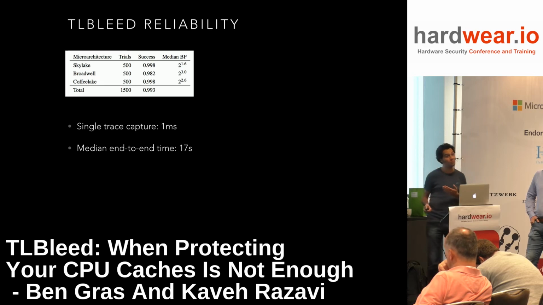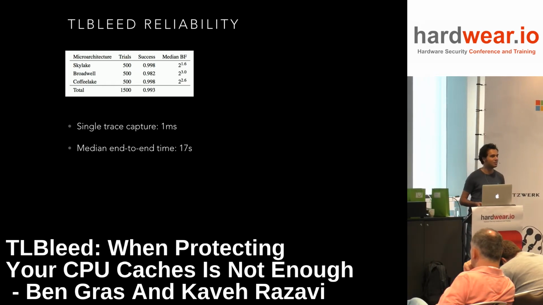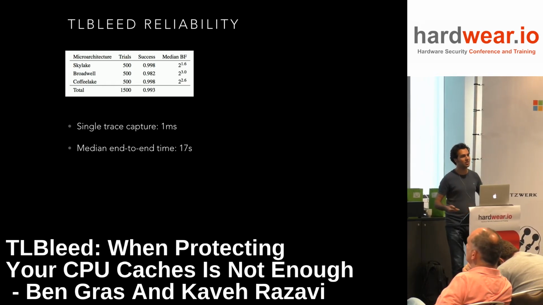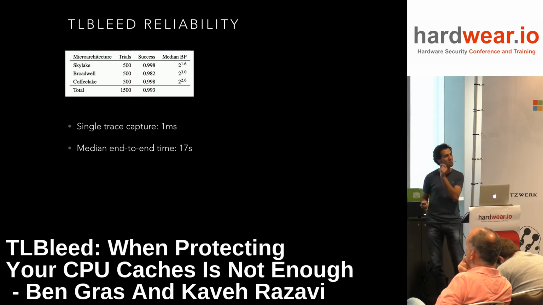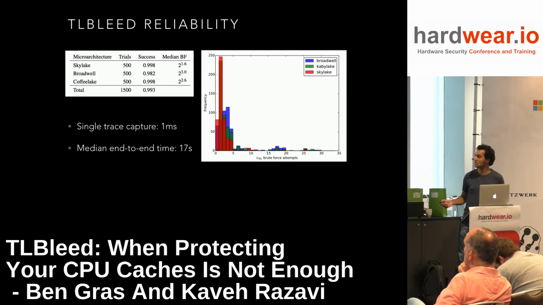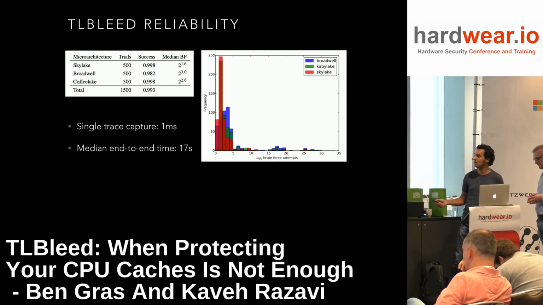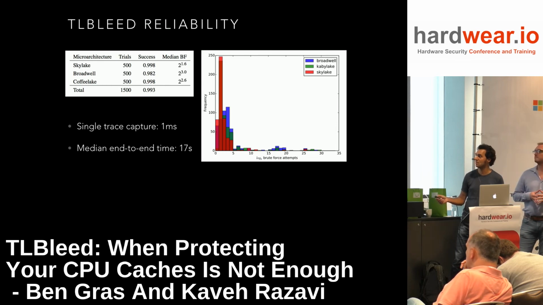Which means that this is quite a practical attack. Some of the attacks that you see in the literature sometimes take hours or days of analysis, or require you to get a trace of 15,000 cryptographic operations. Here we just need 1 millisecond of operation to be able to identify the key. And the number of brute force attempts, this is the median. You may wonder how many attempts you may need. In most cases, as this number shows, it's actually quite low.